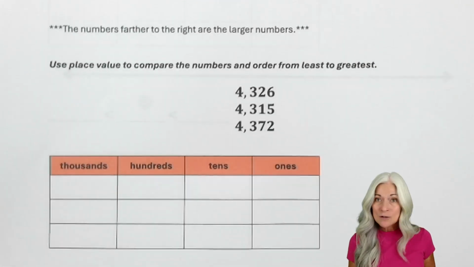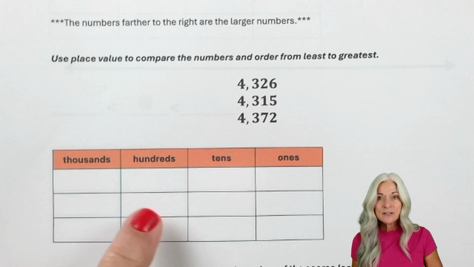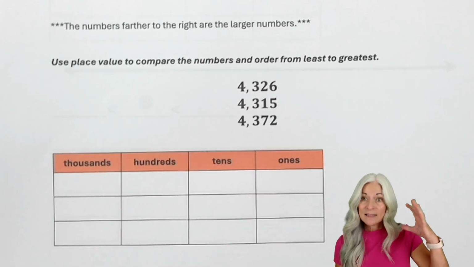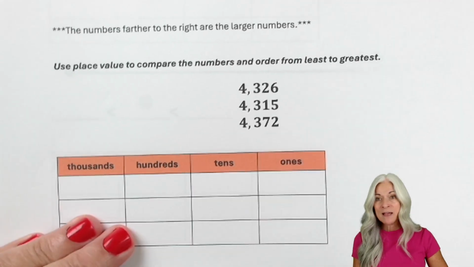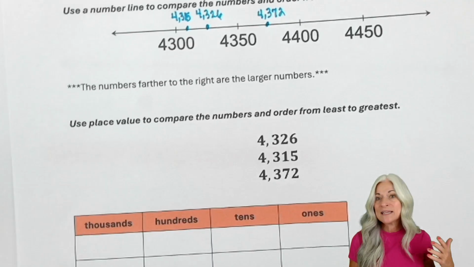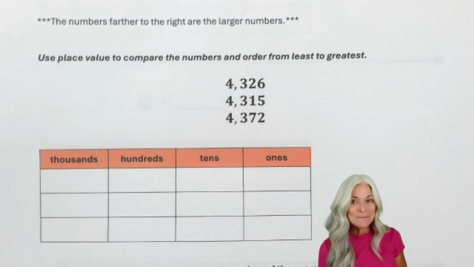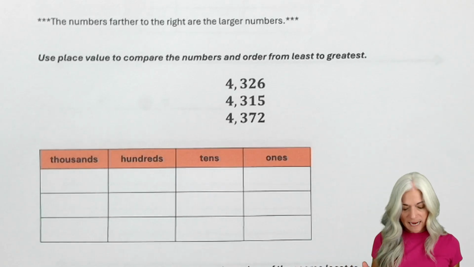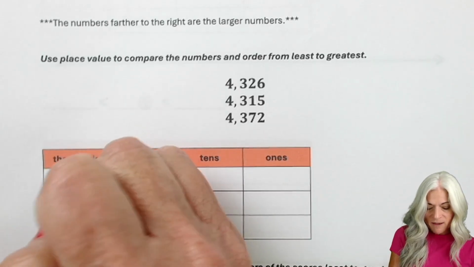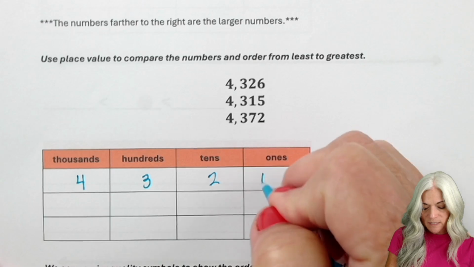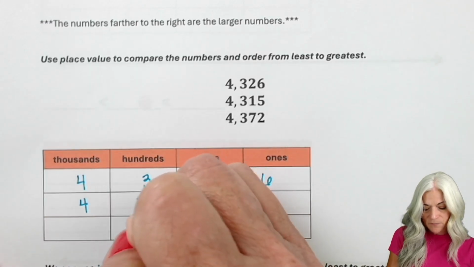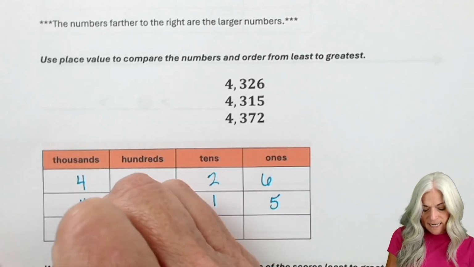Okay, now they can also use their place value charts. I do have some place value charts here that have three spaces. I've got some extra if you wanted to copy it, laminate it, give a student a strip so that you don't have to keep making copies. Might be a great strip for them to have at their desk. Okay, so we've got 4,326, 4,315, and